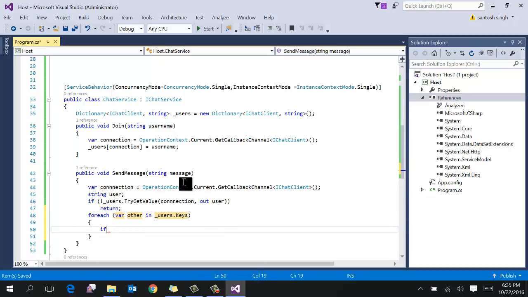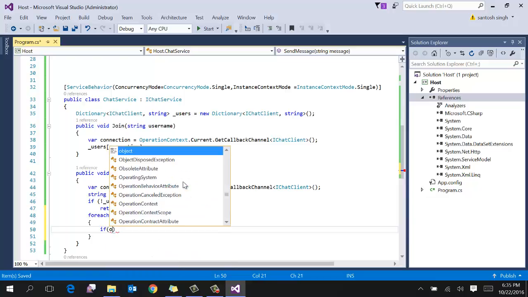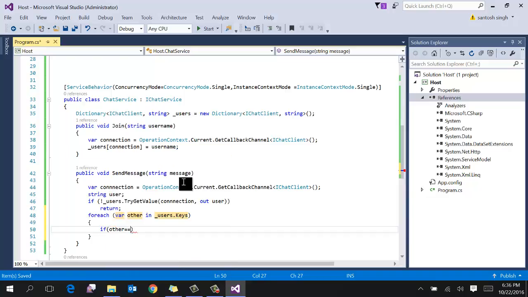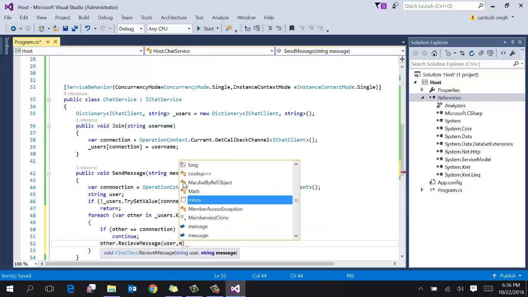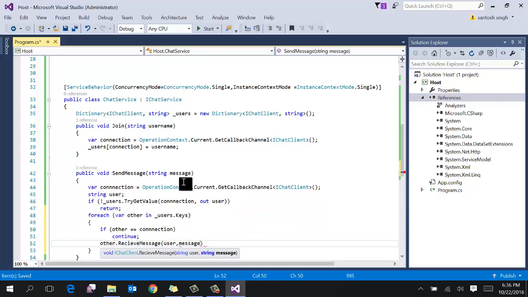If we don't want to echo the message, first check if other is equal to connection, then continue, otherwise receive the message. Okay, so our service implementation is done.